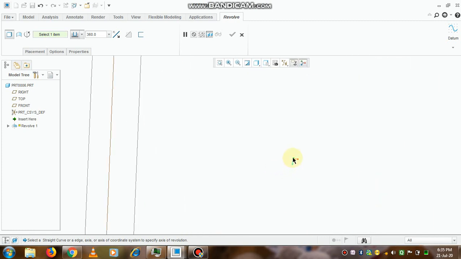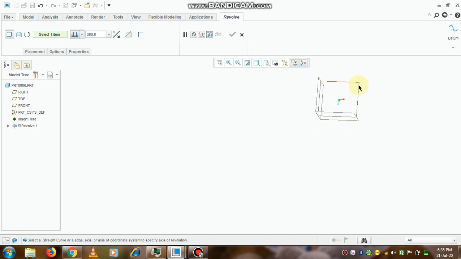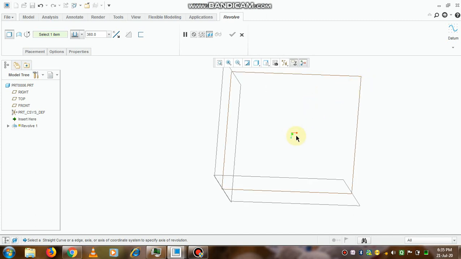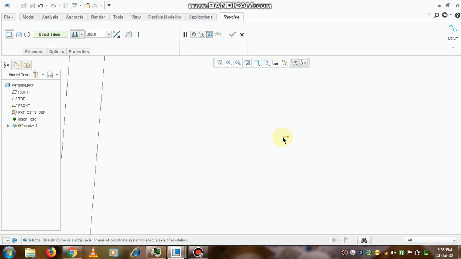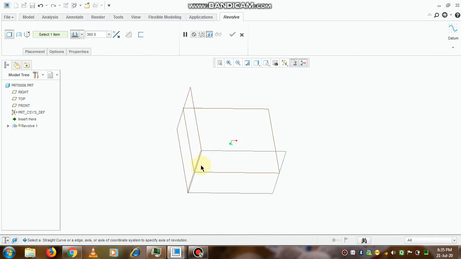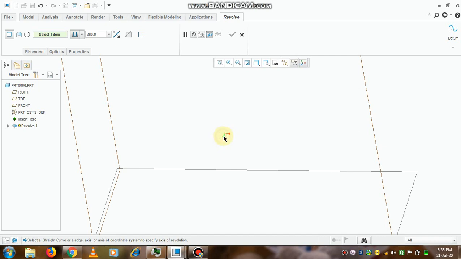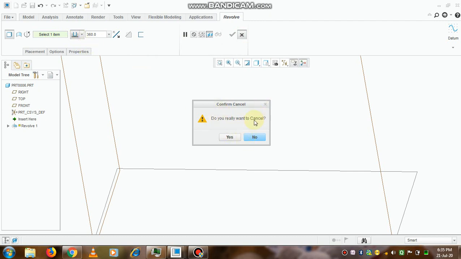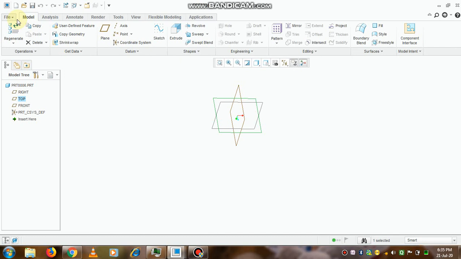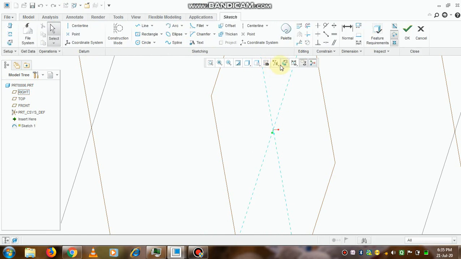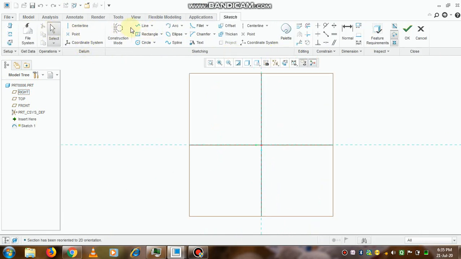Select the axis about which we want to revolve it. Or either way we can create a separate axis as well, so that this can be easily visible to us. Go to the option sketch view.